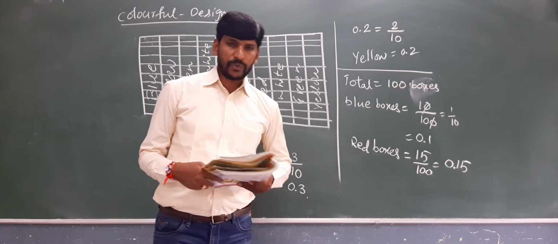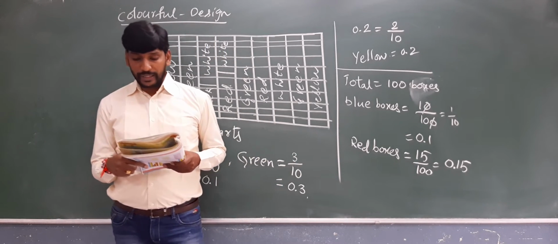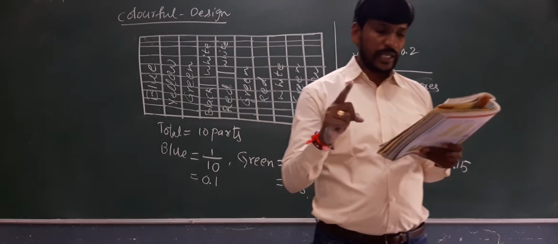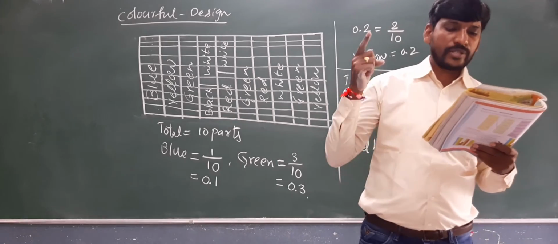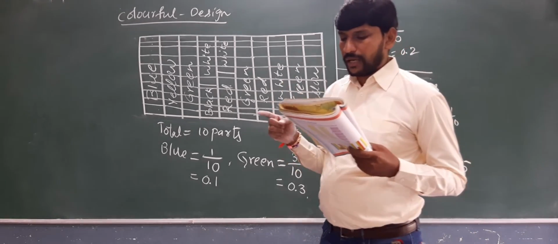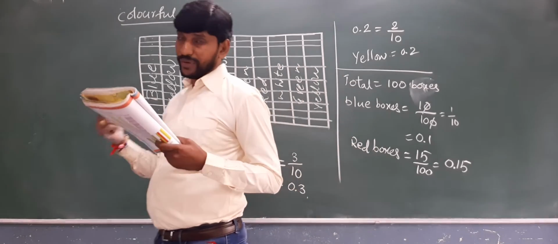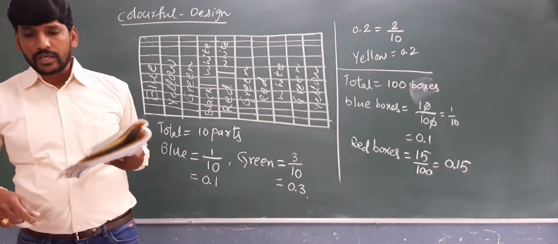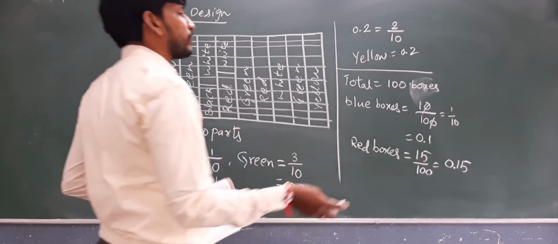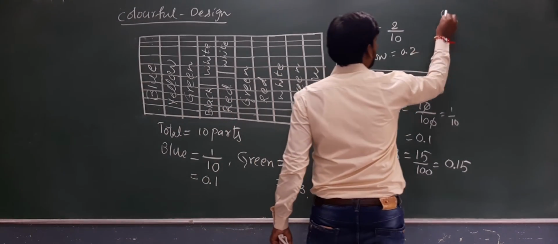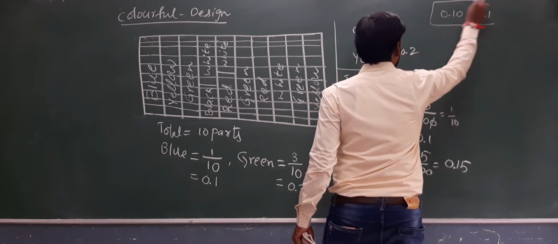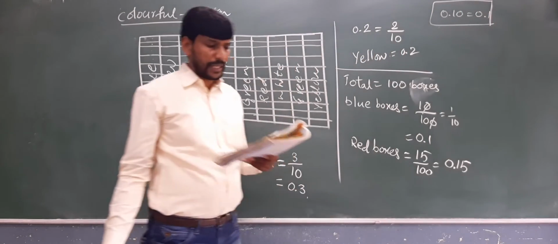Now, remember we wrote 99 pies is nothing but 0.99 rupee. Don't get confused. 0.10 is the same as 0.1. Remember, 50 pies is nothing but rupee 0.50 and also rupee 0.5. Both are the same thing. That is 0.10 is equal to 0.1 only. Both are same. Don't be confused.